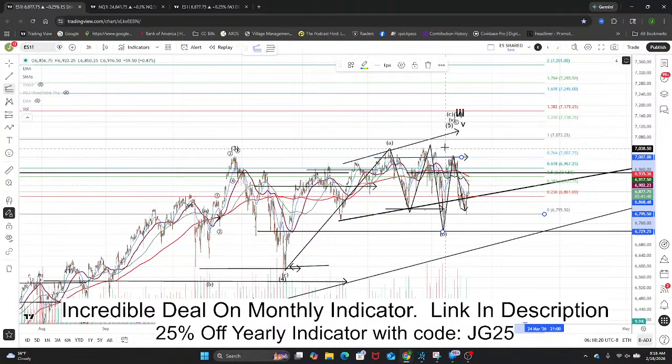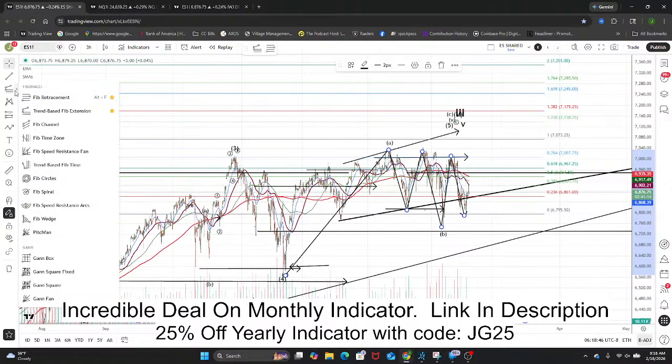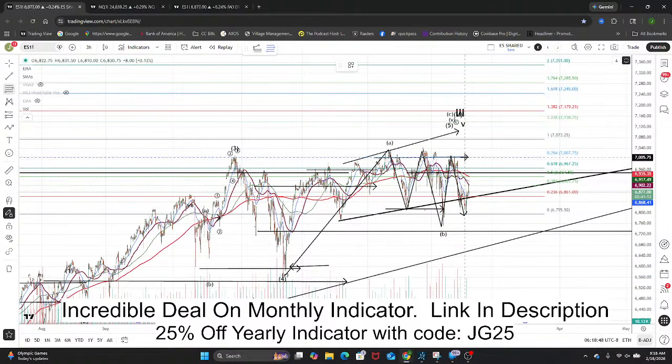That's the bull path. Now the bear path, very similar in reverse. So the bear path is this was 5 up here, this higher high of A. So this was 4 and this was 5, which was a nominal new high. And then you have A down, and then B up, and then you have 1 of C, and then 2 of C would come up, and that's where that 6930 level comes in, because if we do a retrace of this move,